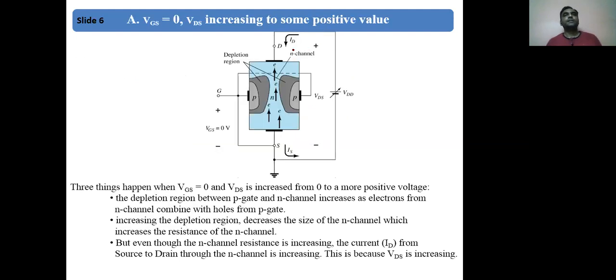Okay, so as you can see in the figure, over here there is a drain terminal, over here there is a source terminal, over here there is a gate terminal. Both the p-type materials are connected with the wire and they are given a G terminal. Now there is a short circuit between gate and source, as you can see over here. So it is 0 volt over here, it is written because they are shorted. Between drain and source you can see one battery is connected, and how this battery is connected: the positive terminal of the battery is connected with the drain, as you can see over here. Negative terminal is connected with the source.